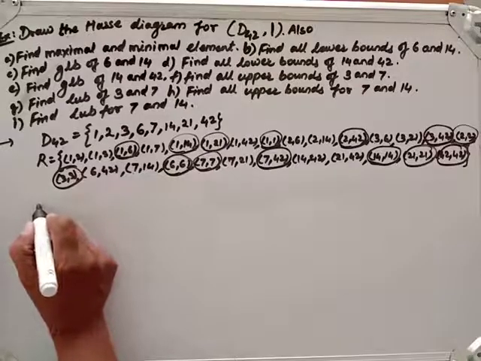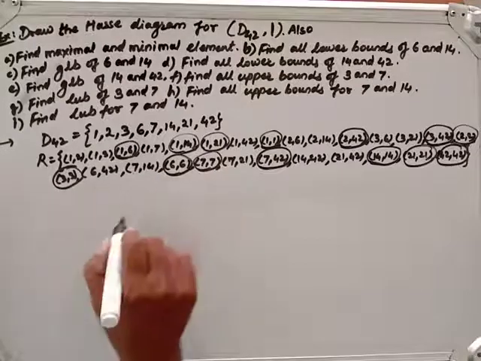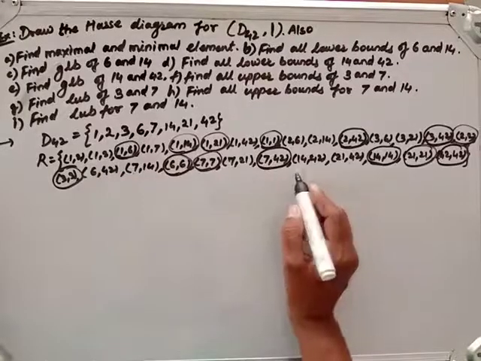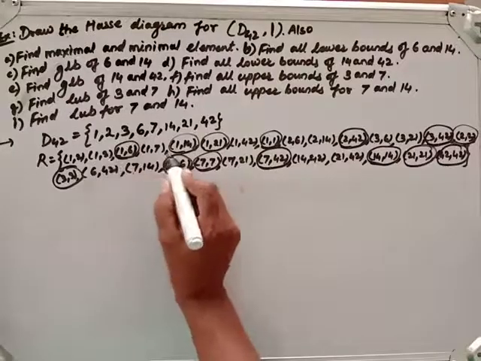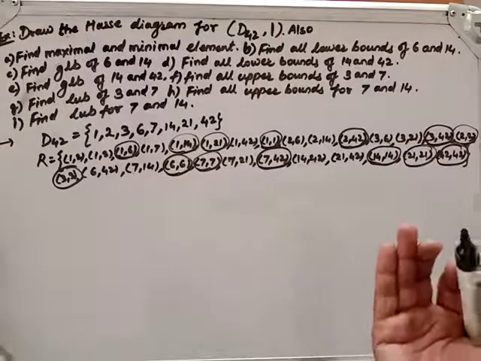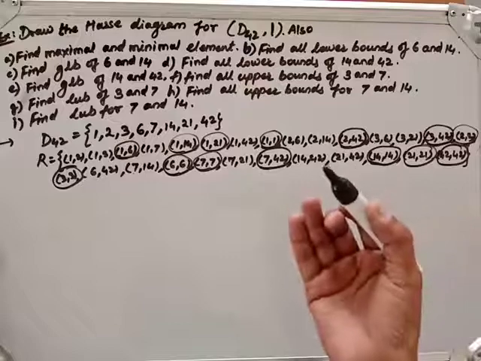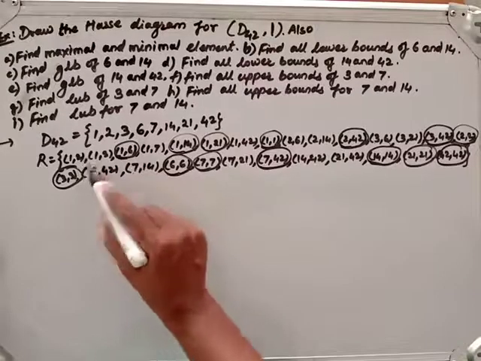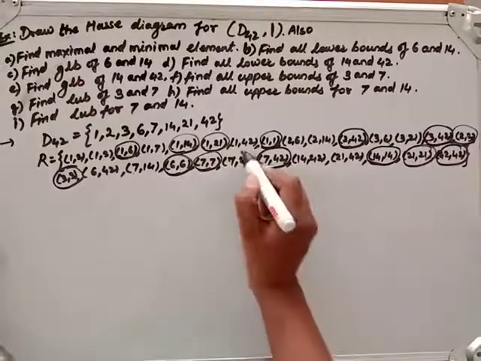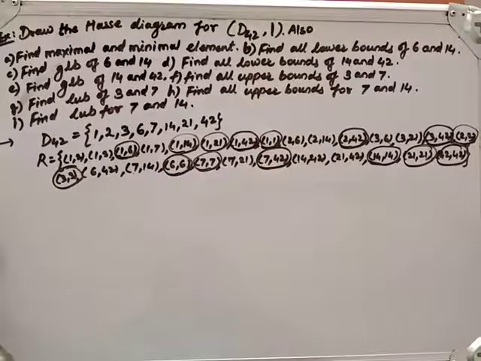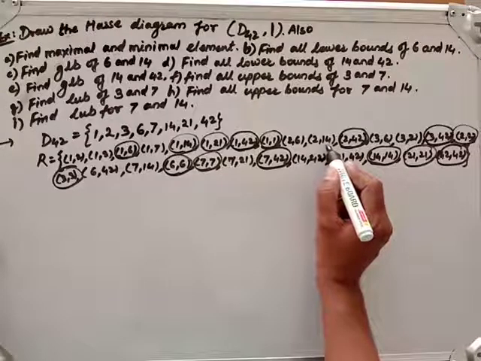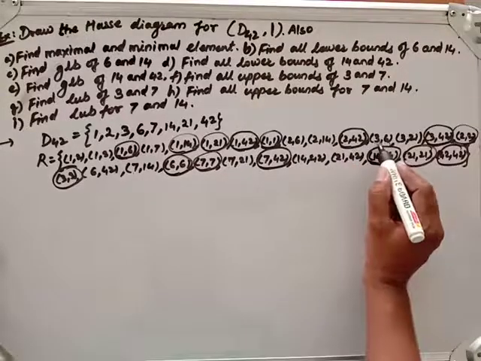So which pairs remain, we have to use in the Hasse diagram. That is 1 related to 2, then 1 related to 3, 1 related to 7. Now 1 related to 42, it may happen that by transitivity this will occur. That 1 related to 2, 2 related to 42, so 1 related to 42. Again this pair also we will remove. Fine. Now 2 related to 6 is okay there. 2 related to 14 also okay there, because this doesn't get removed by this.